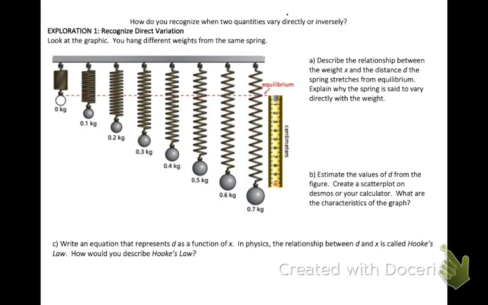And in this exploration, you'll be able to recognize direct variation. So look at this graphic. You hang different weights from the same spring, and as the weight increases, the stretch of the spring increases in a predictable mathematical way. So if we look at the graphic, you can see a ruler over to the right